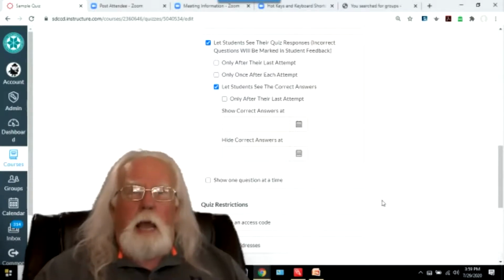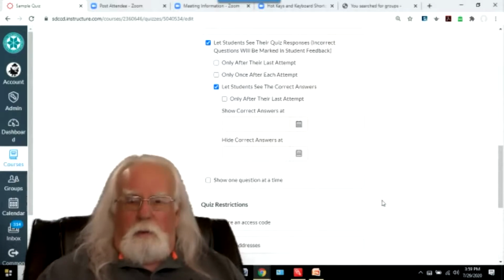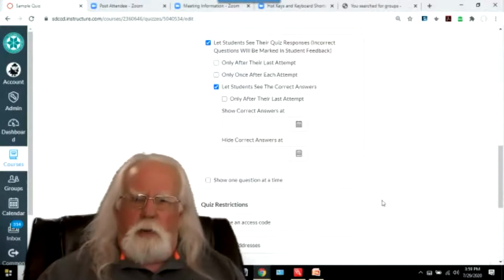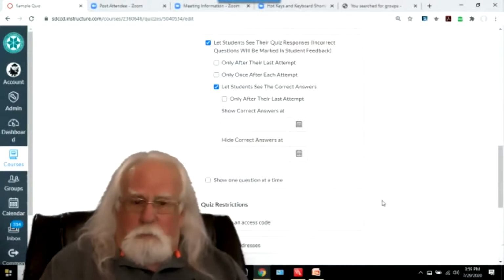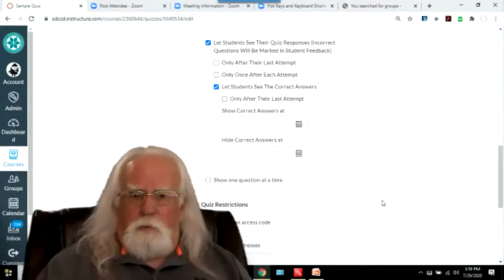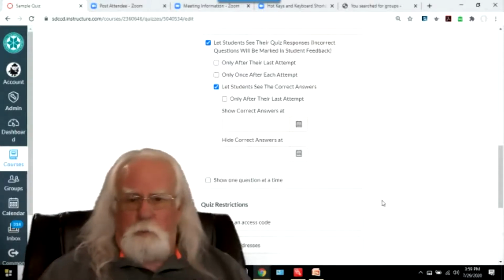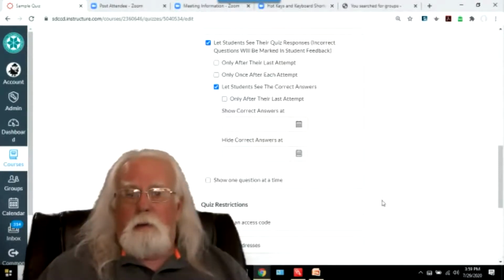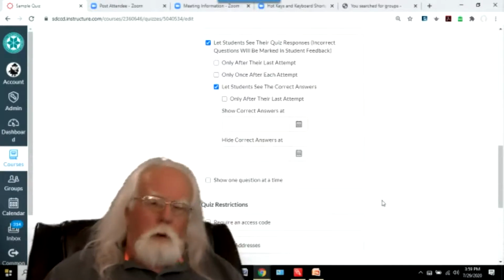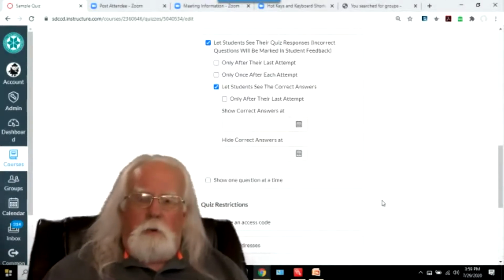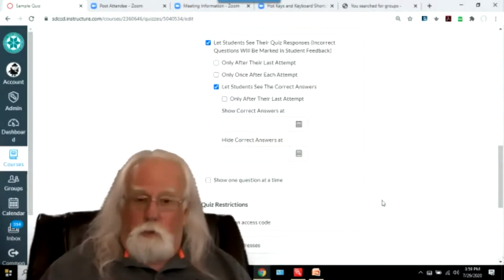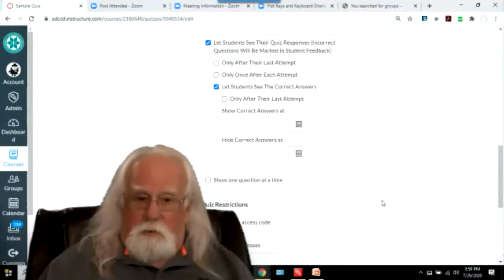Then you can change your settings. If you're actually changing the questions so that you've replaced half the questions with another set of questions, you really have to make another test. No, what if you make a group, right? If you put the questions in a group coming out of a test. Yes, right. Indeed. If you have the questions put in as a question group, then Canvas selects them randomly